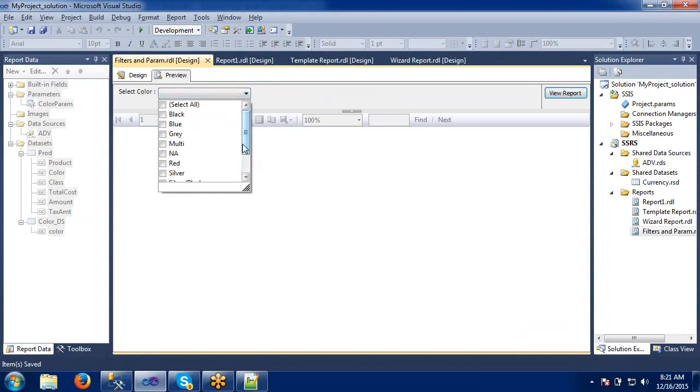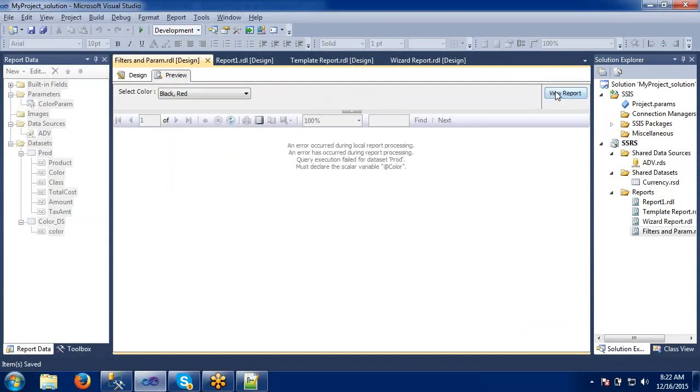Now it is giving us multiple options. If I want to see black and red at a time, view report. See, it failed here. Why did it fail? Query execution failed for data set: prod must be declared as a scalar variable.